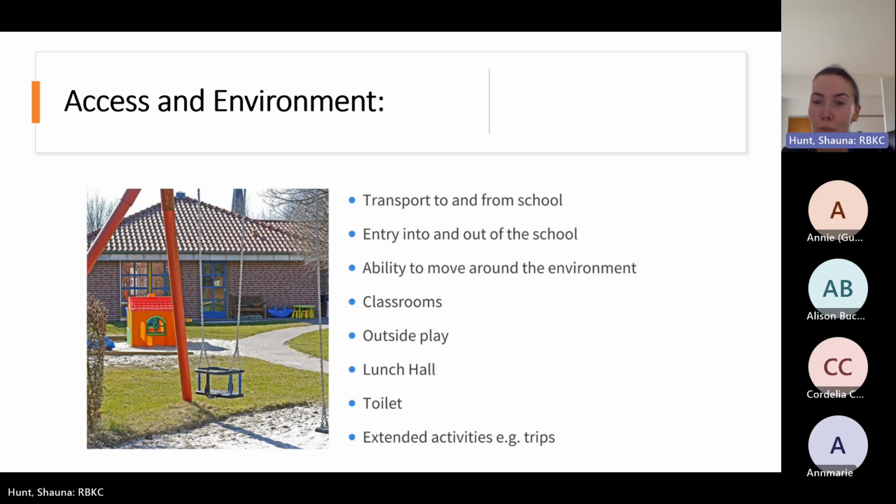So to make your school more accessible, some reasonable adjustments may include things like ramps for wheelchairs and perhaps using hoists to help children get out of their wheelchair and onto the toilet. Even ensuring that the doors are wide enough for wheelchairs to pass through. Or perhaps having handle rails available if the child has some kind of balance and stability difficulties, or perhaps providing seating in areas such as the playground.